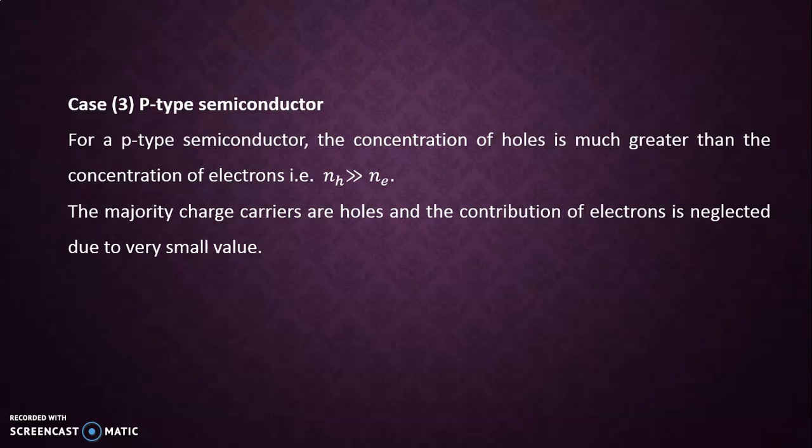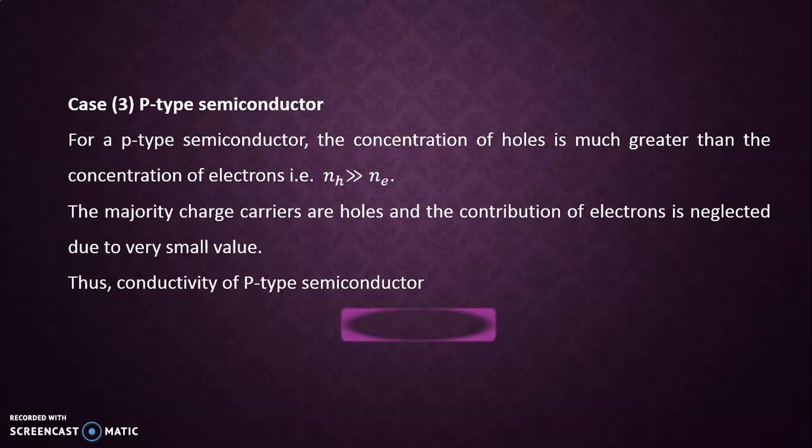So on a large scale, we can observe that a large number of holes will be available in p-type semiconductor compared to electrons. So we can write the conductivity of p-type semiconductor as